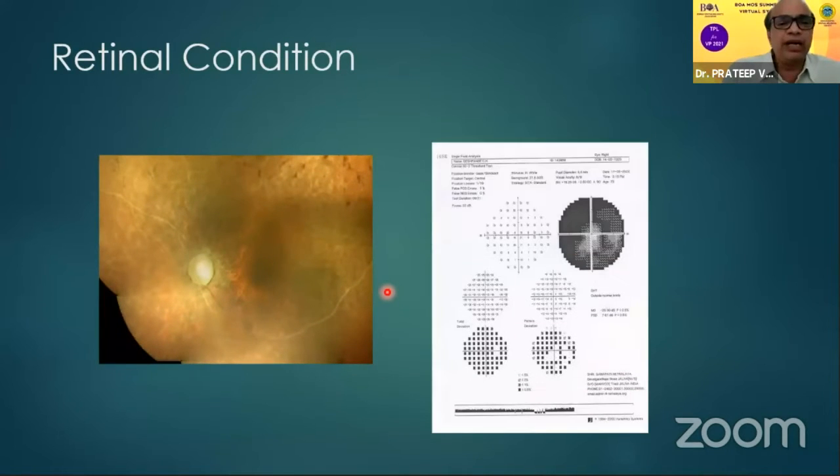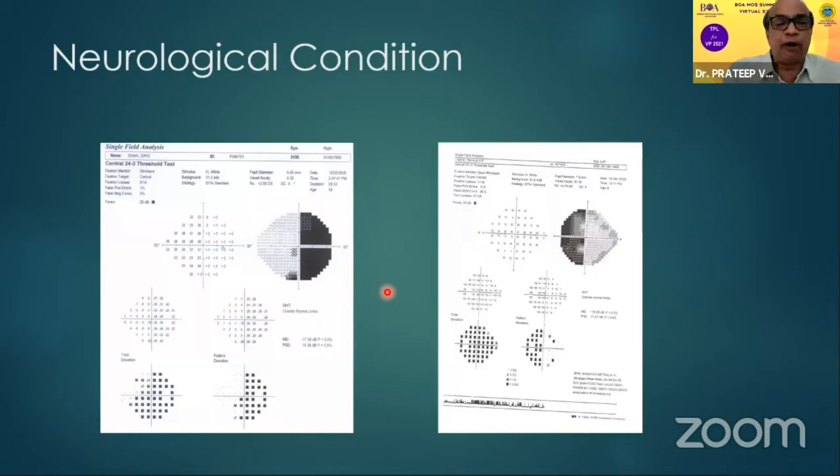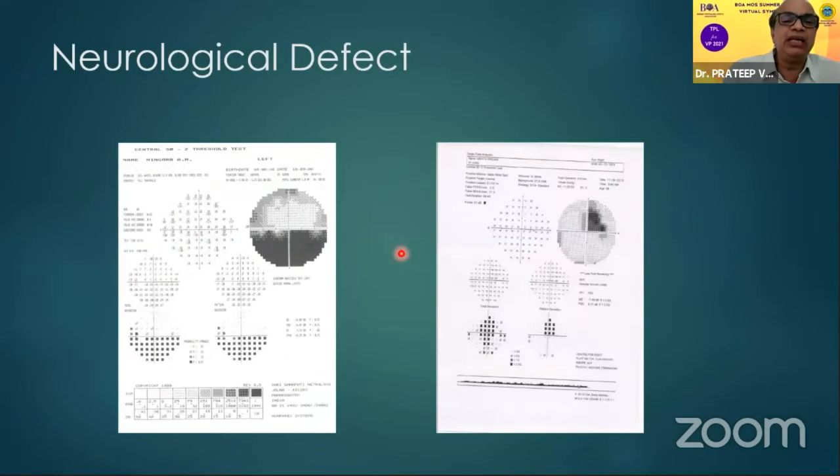There are some other conditions where you are dependent on perimetry, some retinal conditions like retinitis pigmentosa, where if you want to monitor how rapidly the retinitis pigmentosa is progressing, you can perform the perimetry test. And then some neurological conditions, like you can see this bitemporal hemianopia. That means the patient has a pituitary lesion. And you can see here that this patient had AION, so it was an inferior altitudinal defect,